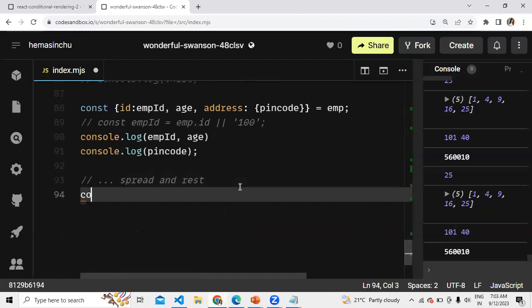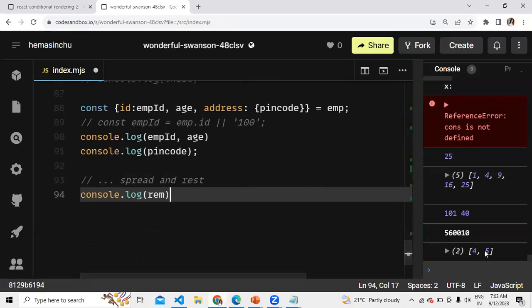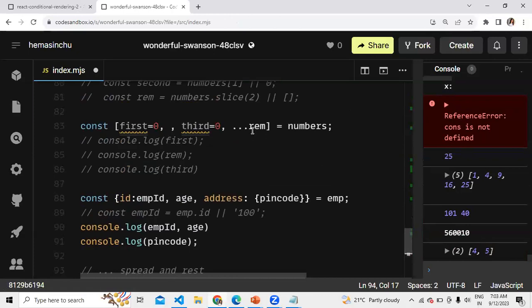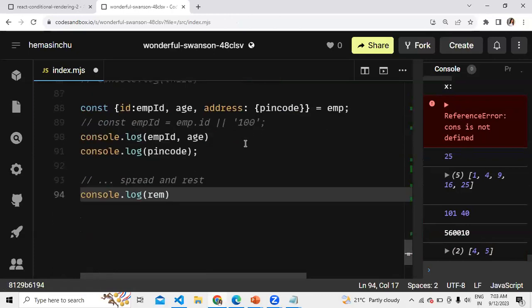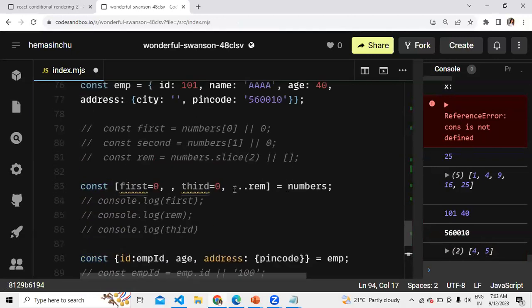Those are the values which are left out. Let me log rem. You see, it has 4 and 5, and it happens to be an array.